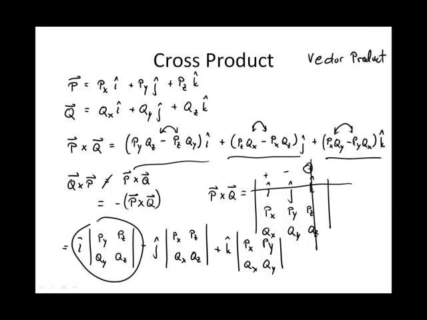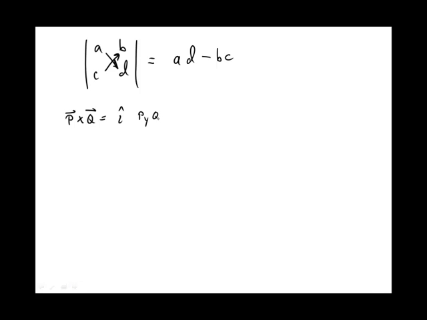And then if I have a 2 by 2 determinant, a, b, c, d, this is equal to a times d, so those two, minus the product of those two, which is b times c. You could say c times b if you like, but b times c is the same as c times b. So coming from my previous page then, p cross q is equal to i hat. There's my determinant. So that's p y times q z, so p y times q z minus p z times q y,